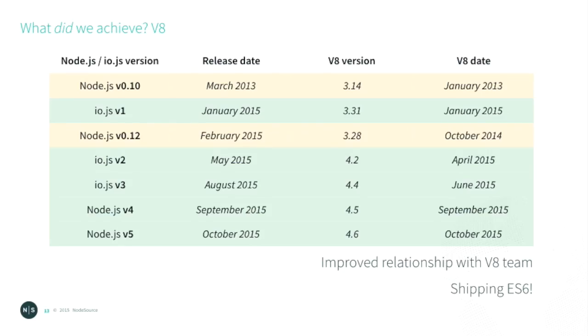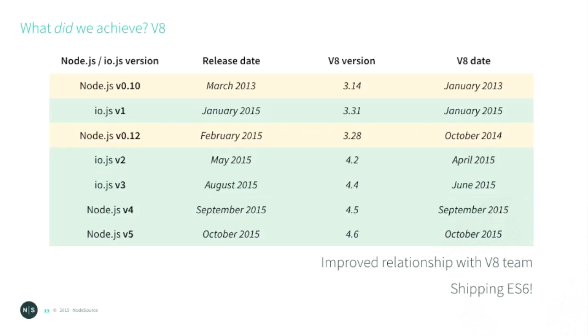This is V8. This talks about the concern that we had about losing sight of V8. 0.10 came out with a pretty modern version of V8, but by the time we got to 0.12, the version of V8 that was in use by most people, and the version that a lot of people here are probably still using with 0.10, was over 2 years old. And when you think about the V8 release cycle matching Chromium of every 6 weeks, it had become irrelevant. It had become really difficult to find and fix things. It had become that the V8 team didn't care about Node by that point.